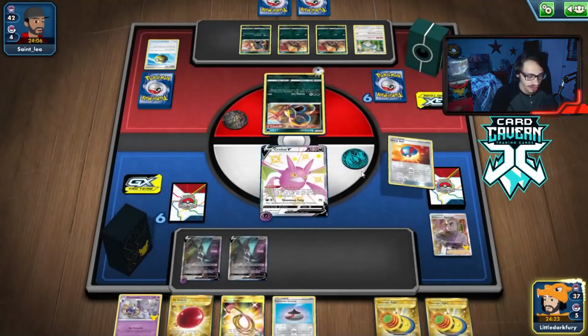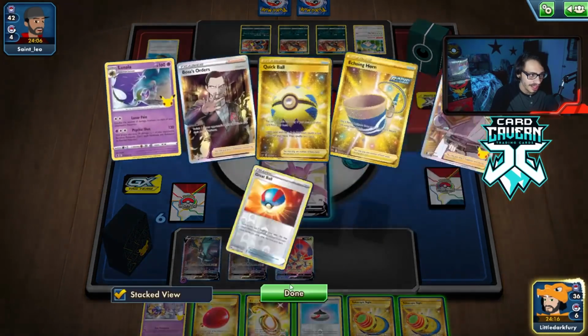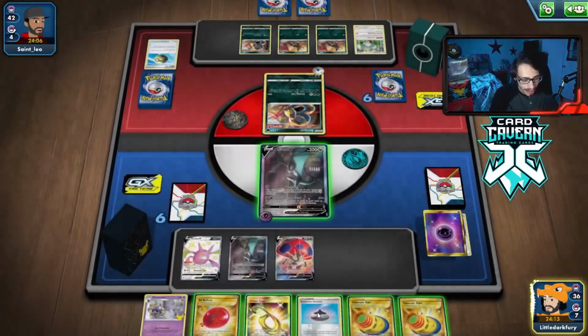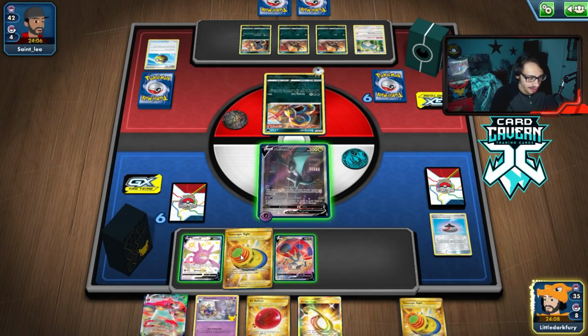Alright, that was unfortunately not a great research. We didn't get any draw supporter for next turn. We do find ourselves Orbeetle here, which is good. We can retreat into Noivern. I could go Escape Rope. Might not have been the worst play ever, to be honest. Alright, let's do this. Grab the VMAX. Put the sight on here and...